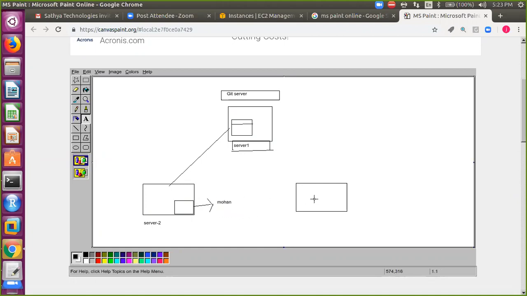And assume I have one more server, server 3, on which I'm having one more developer, let's say Ravi.